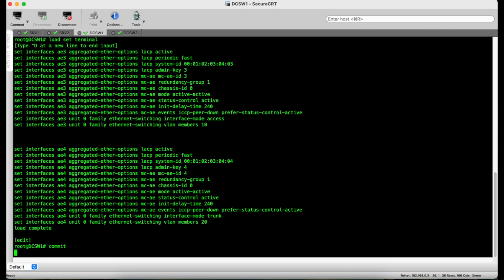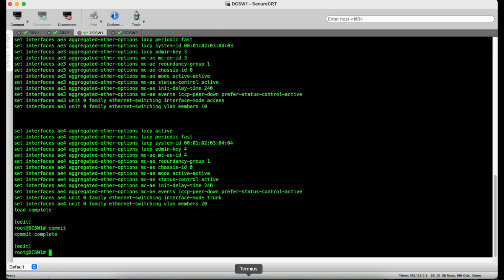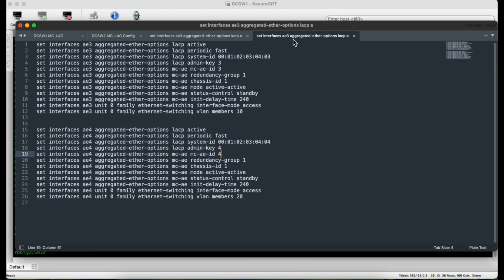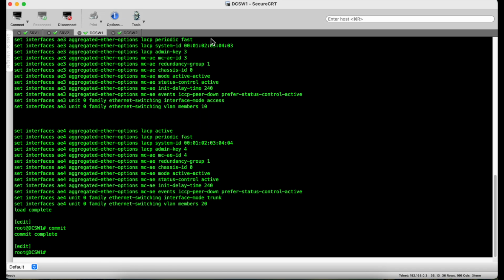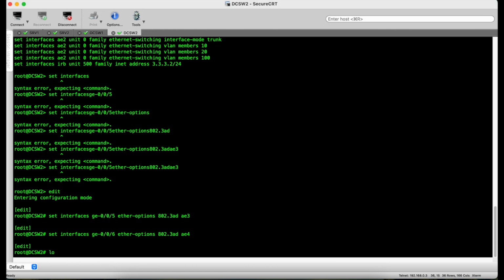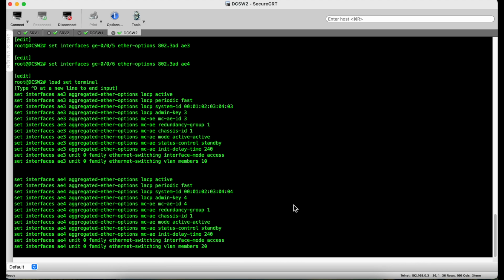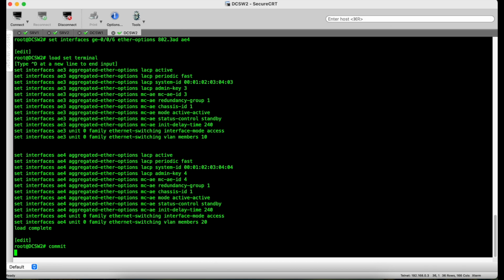And let's save it. And also the configuration for this switch 2. Let's commit it